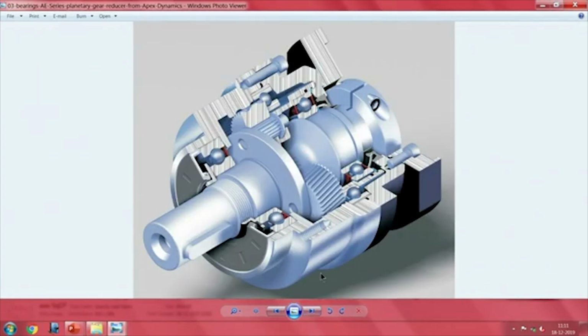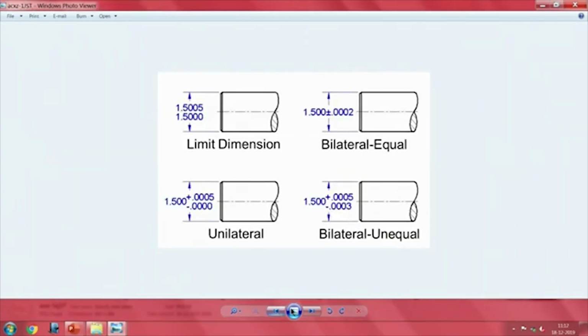Now, if you take a very complex assembly, in this case this is probably a speed reducer or a gearbox, you will notice that there are so many elements here which rotate, and this one, two, one assembly here, one assembly here are the bearings that need to be assembled here. So, the next mention is all about,